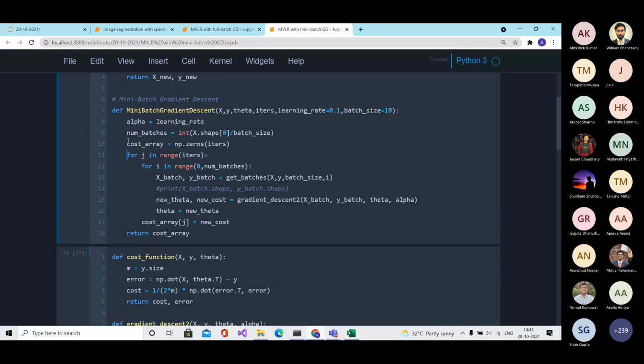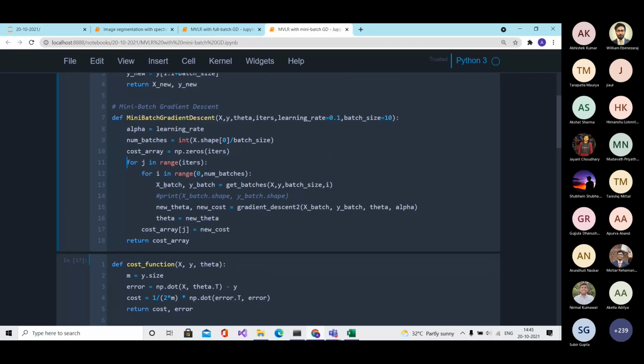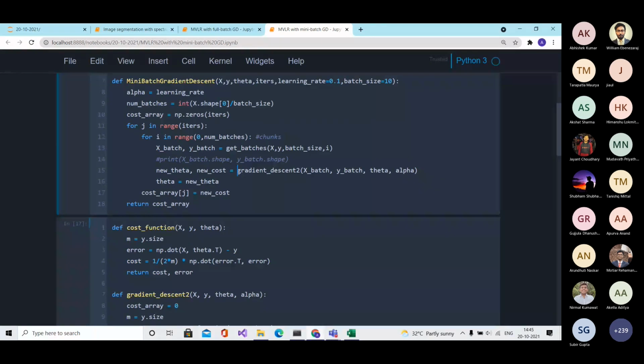For each iteration, it divides your data into a number of chunks. And for each chunk, that is, for the total number of chunks you have, you just do the gradient descent procedure that we did earlier.